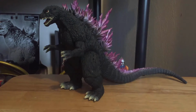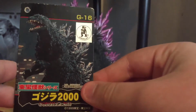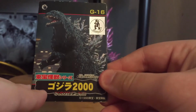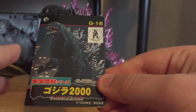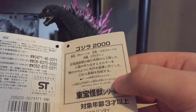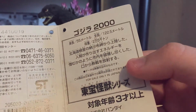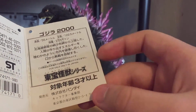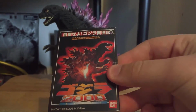Just so I don't forget about it, because I know I probably will, let's just take a look at the tag real quick. It's got the picture of the suit, G16, got the Godzilla licensing sticker. If you live under a rock or something, or if you're just now getting into Godzilla, that does say Godzilla 2000. Open up, you got your Japanese mumbo jumbo. Call us here if your child dies or chokes, or if you have any compliments or something like that. Godzilla 2000 up here. Stuff I wish I could read, but I can't. And then you get the awesome poster on the back. Just for this little inclusion,